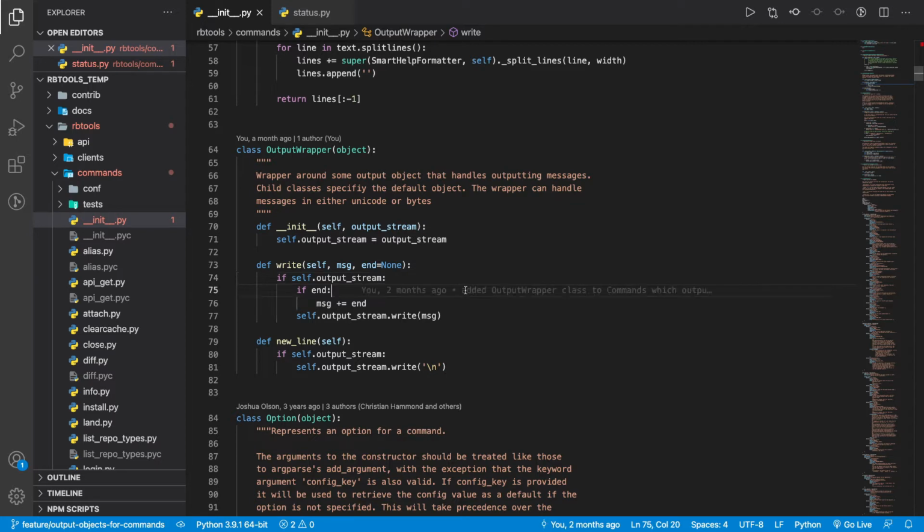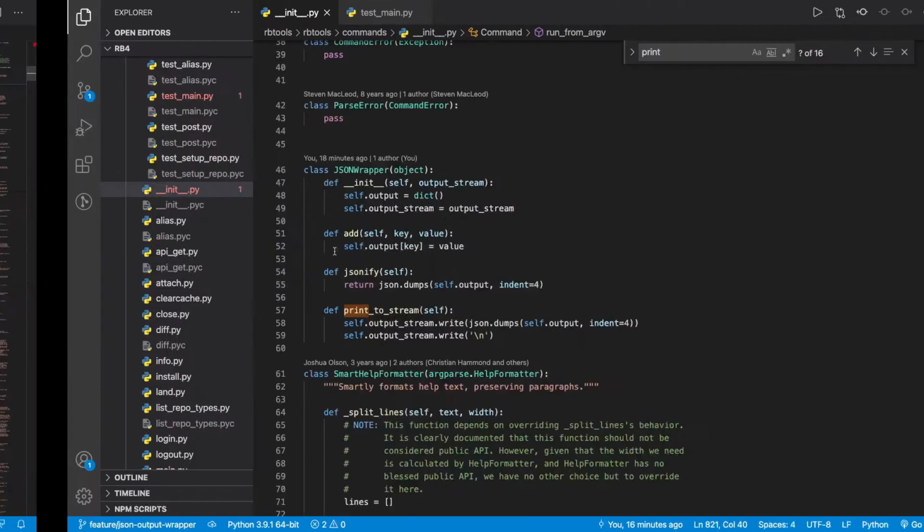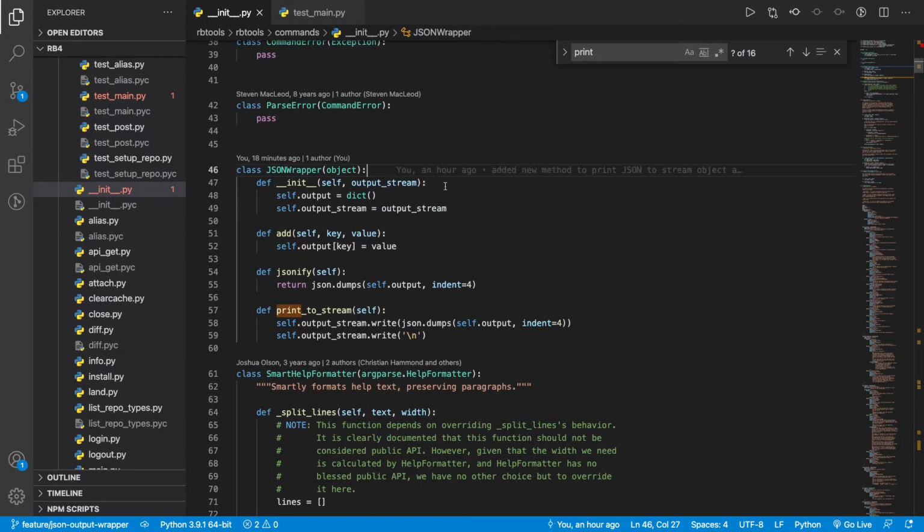So previously in my first project, I showed this new output wrapper, which goes around our commands' outputs and enables them to write to any output stream we choose, and importantly, disable outputs entirely. So this is useful in the second part of my next project, where I am going to output the commands